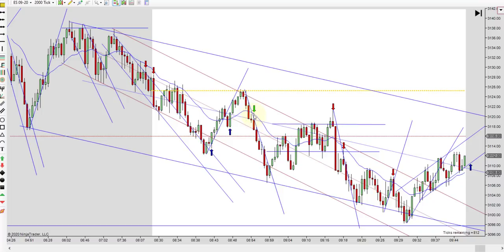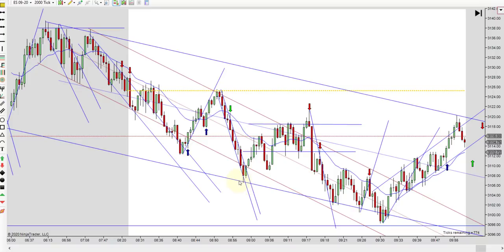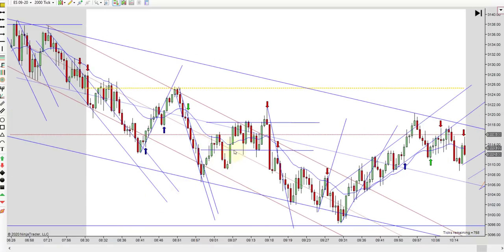You could argue for this to be red because it pushes through the EMA and the midline, pulls back, tests it. It's right off this trend line too, this micro trend line. It just keeps going. So I marked it green, but it's one of those that it's real close because we're looking for prices to come down here anyway. We bounce off the lows. You just don't really get a chance to ride this back.